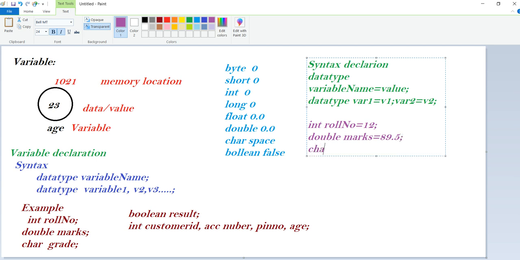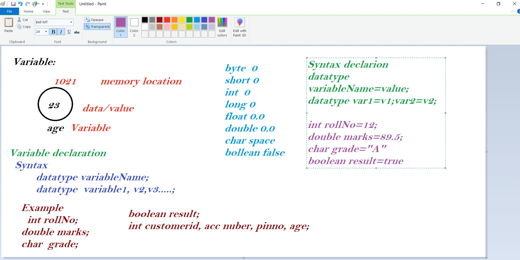Then char grade equal to A or B. Then boolean result equal to true or false.